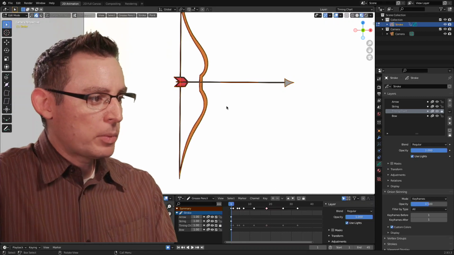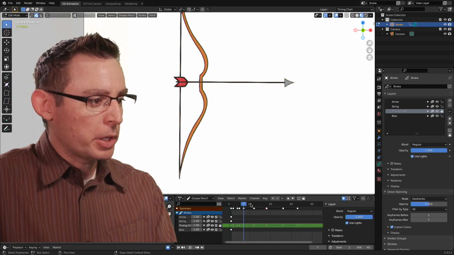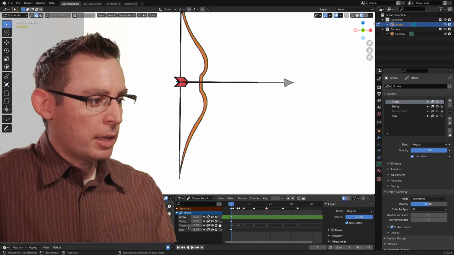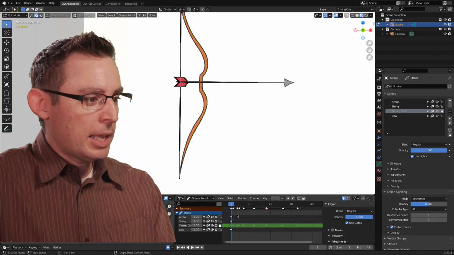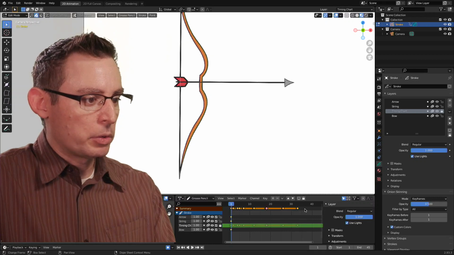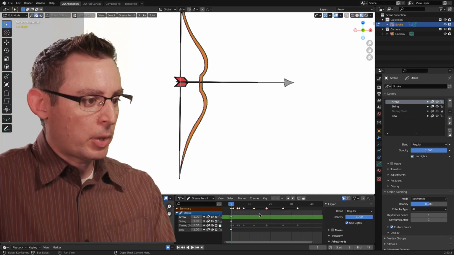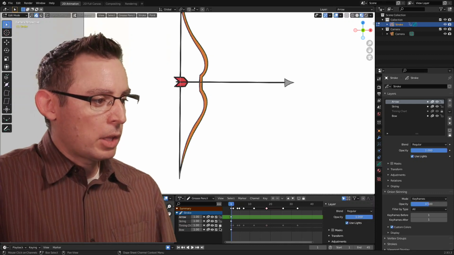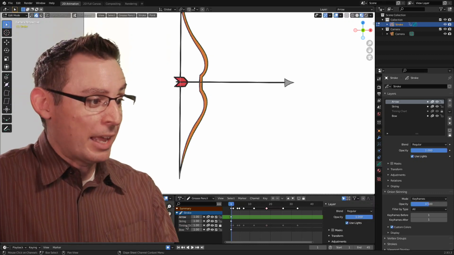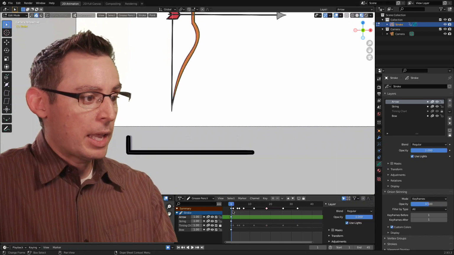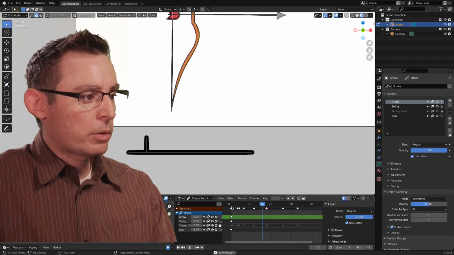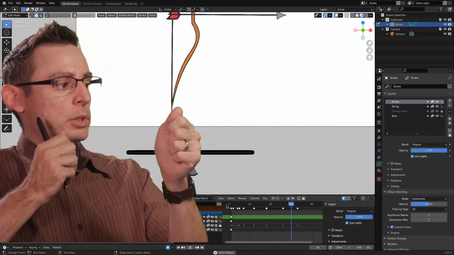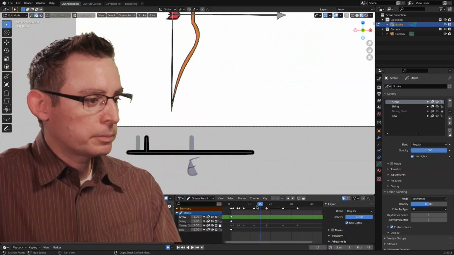Okay, so here's frame 1. Everything is looking pretty good here. If I look down on my timeline, I get the global understanding of the timing chart keyframes in this first row. This is the summary row down here in our timeline. I've unlocked all the other animation layers, by the way, and I've locked my timing chart animation layer down here at the bottom. As a quick review, this is what it looks like. Whoosh, boof, whoosh, boof. Okay, I love it.